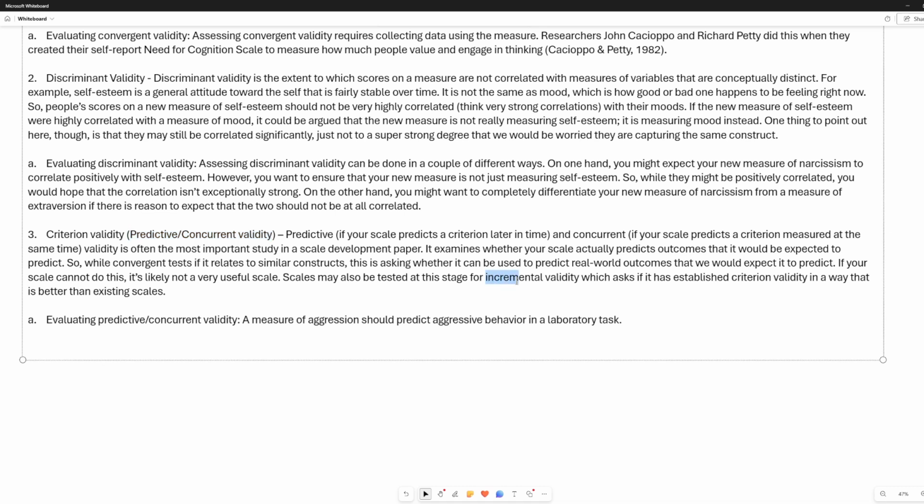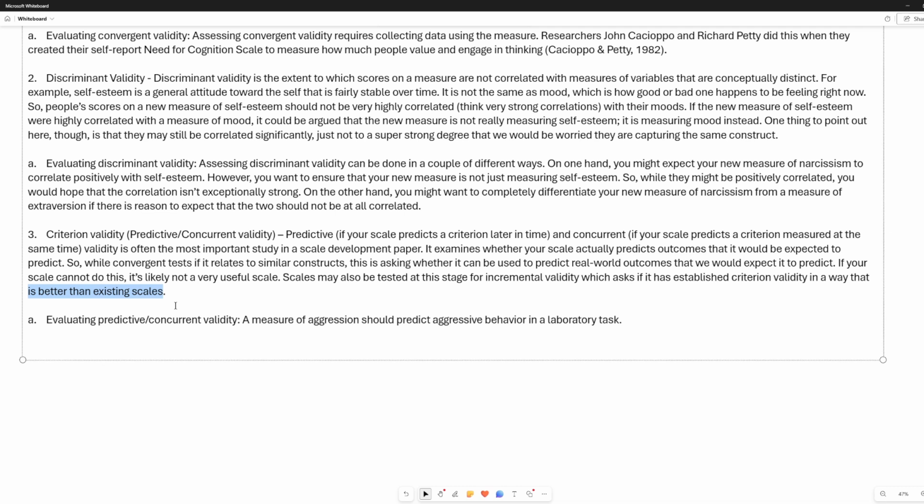They can also be tested for something called incremental validity, which asks if it has established criterion validity, meaning that it predicts something in a way that is better or different than existing scales. So what we would do to establish or test this is we're asking if we controlled for, and when we control for something, we include that other measure in the analysis, and we actually take out the variability that's explained by this existing measure, and we ask, once you take out that overlap with these existing measures,